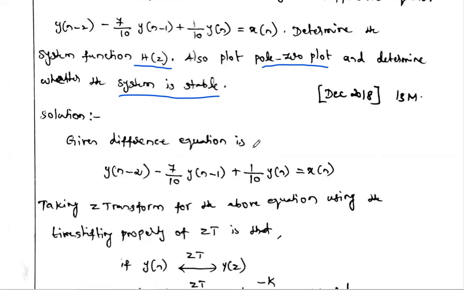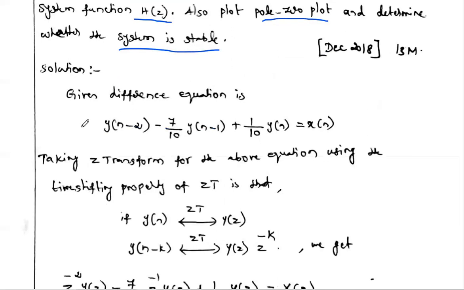You know, all discrete time systems are represented by difference equations. In the third unit, all LTI continuous time systems are represented by differential equations. In the third unit we solved analysis of LTI CT systems using Laplace transform and Fourier transform, and all continuous time systems are represented by differential equations. What is a differential equation? d squared y of t by dt squared plus 2 into dx of t by dt plus x of t equal to some x of t. That is the equation which relates the input and output of the continuous time system.